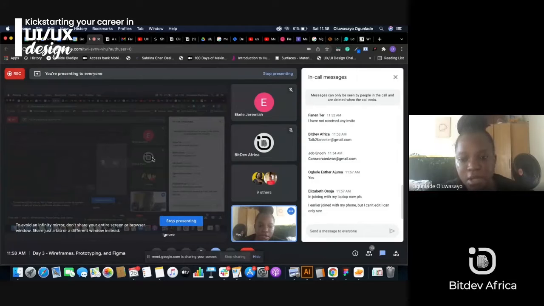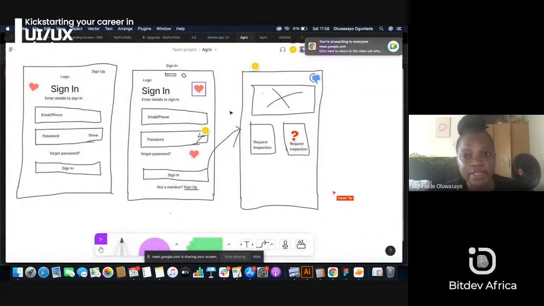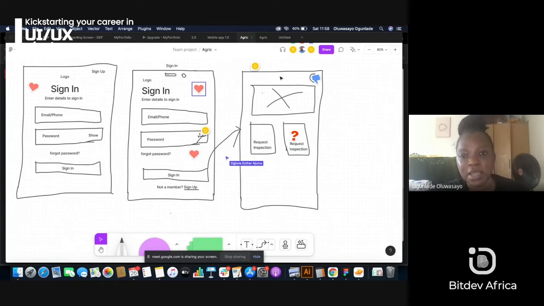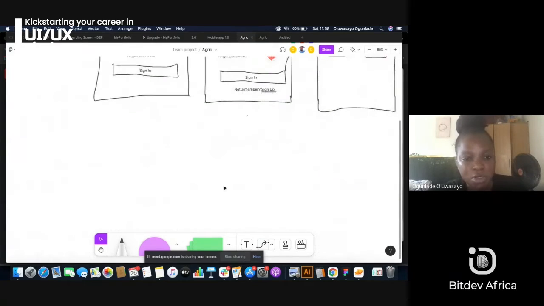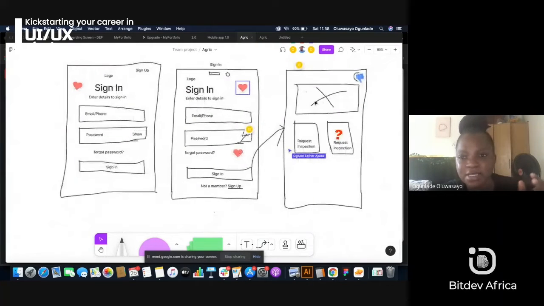Okay, that's fine. I just want people to join. So if it's just only three, that means this is like a way of voting. You can do it within your team and decide which one you like, or you can even invite your friends to vote on which design you like, and then you can move this whole one to another place here, and all of that just to flex your